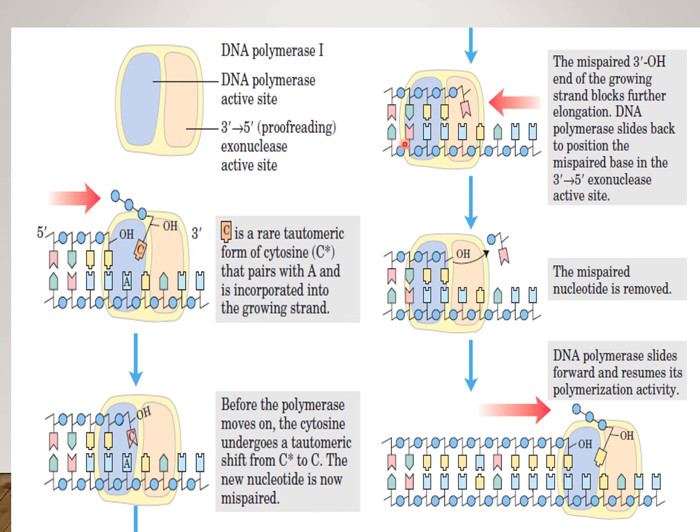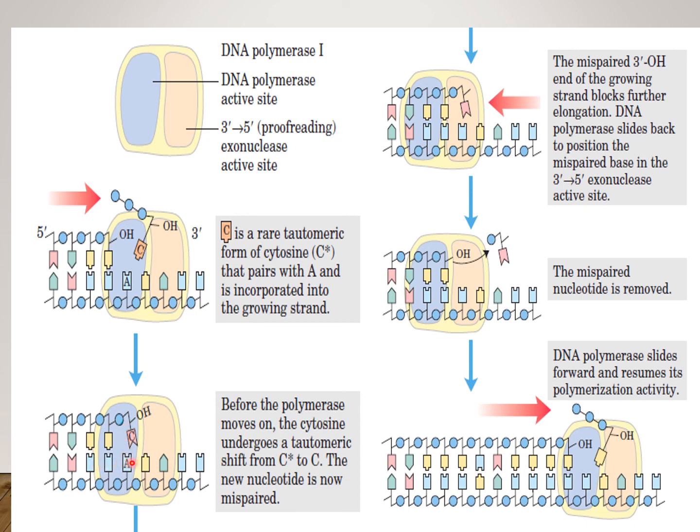And then the same thing passes through the second subunit, and while passing through it, it checks whether the nucleotide added is correct or wrong. You can see the example here. It has added first, second, third, fourth, fifth, sixth. The nucleotide added is C, but this nucleotide has a tautomeric form, and this C has converted into the tautomeric form and changed its structure. So now it no longer matches with the A.